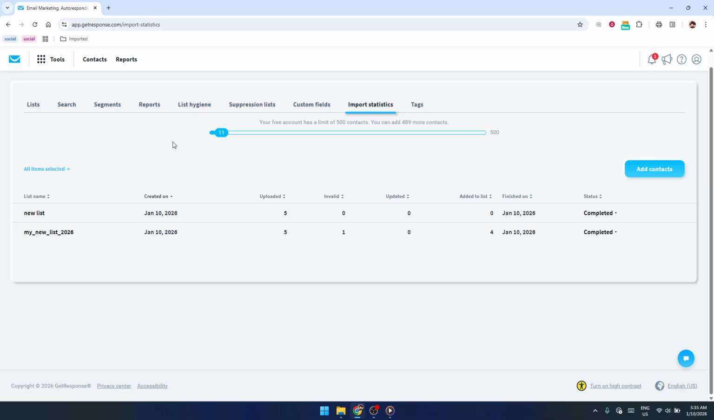Getresponse will begin importing your contacts, and depending on the size of your file, this might take a little time. After it's done, your new subscribers will appear in the list you selected, ready for your next